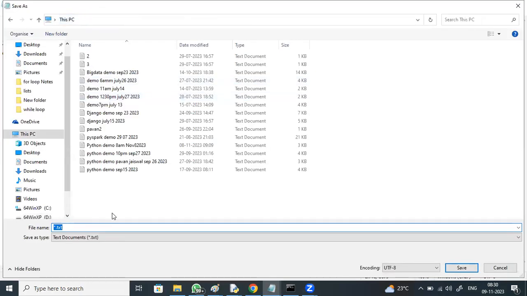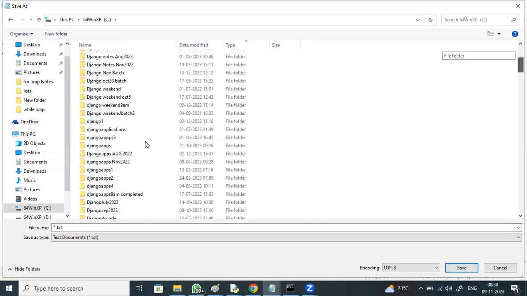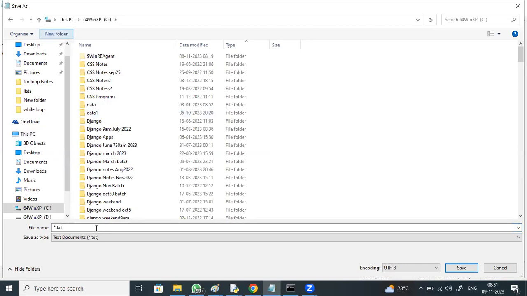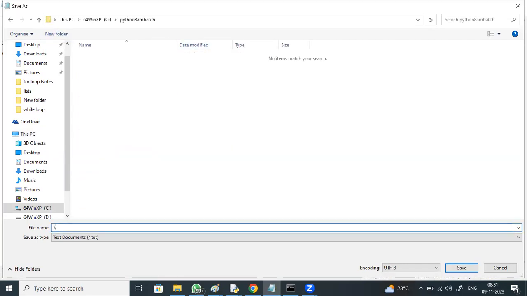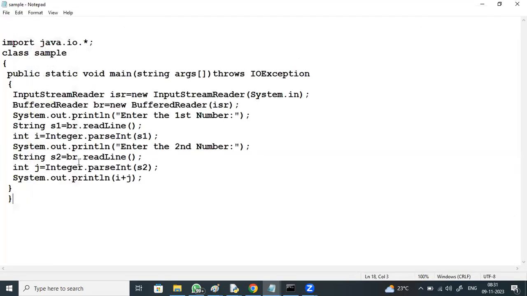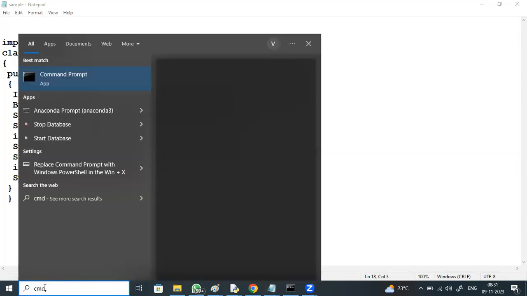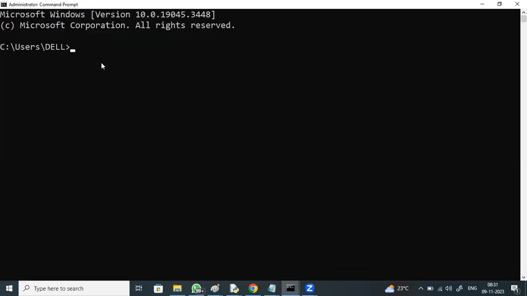Batch, right? I'm saving it as sample.java. Yes. In the bottom search panel, I'm typing CMD. I'll just show you the execution in both Java and Python. So cd slash, come out of this, change your directory to Python